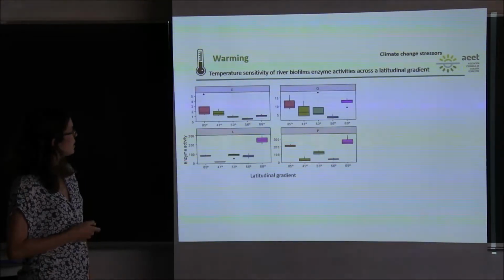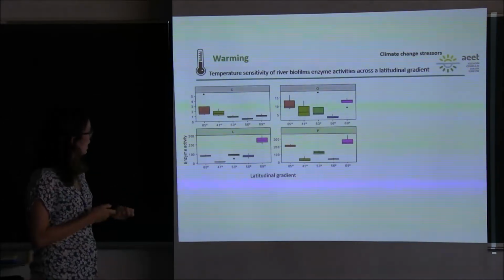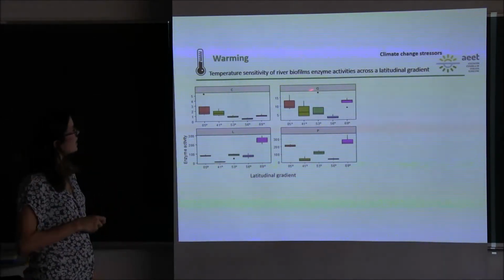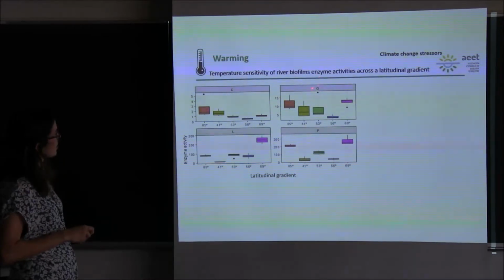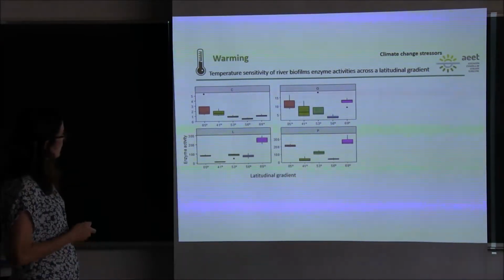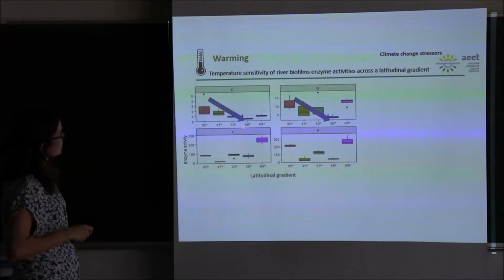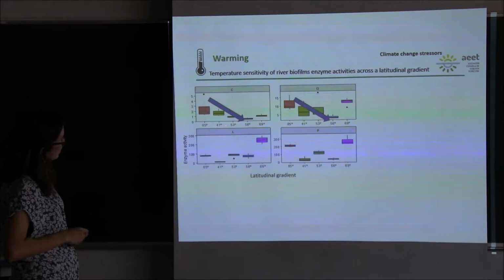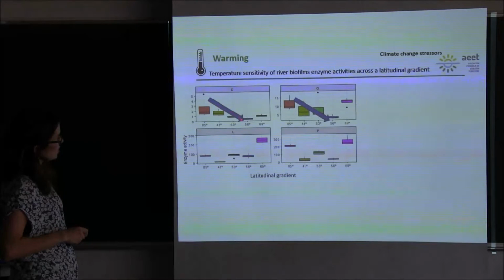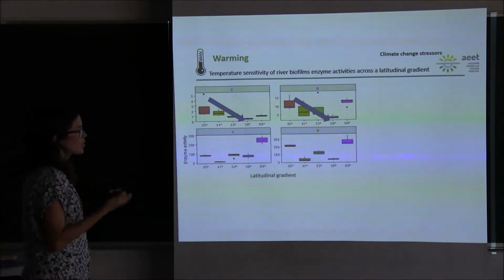What we find here are the results of the enzymes at only one temperature. This is enzymes related with carbon, glucosidase, this is related with nitrogen, and this is related with phosphorus degradation. Especially for the carbon enzyme activities, we found that as latitude increases, the use of these carbons decreases. We observe this pattern clearly in the carbon compounds,